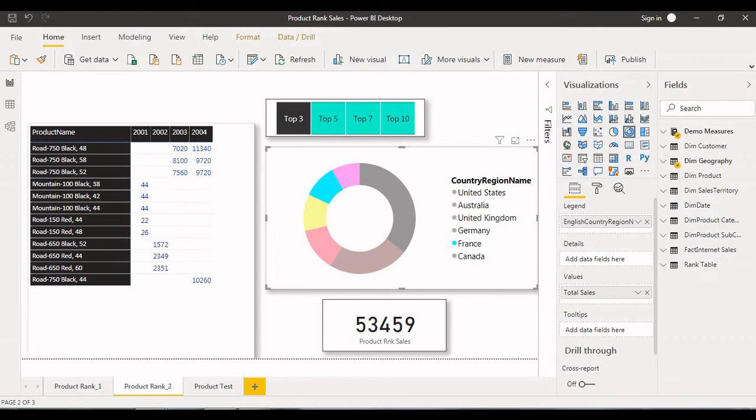So in this case top 3 for France, because these 3 products have the same sales, that is the reason we have 5 products, even though we have selected top 3. Okay,